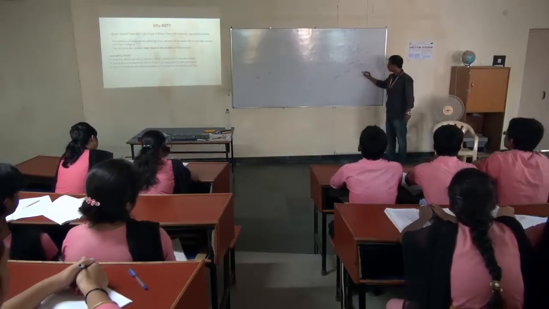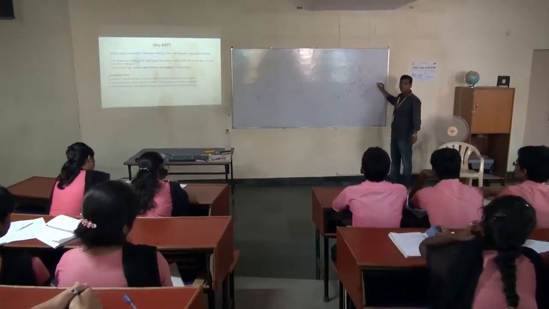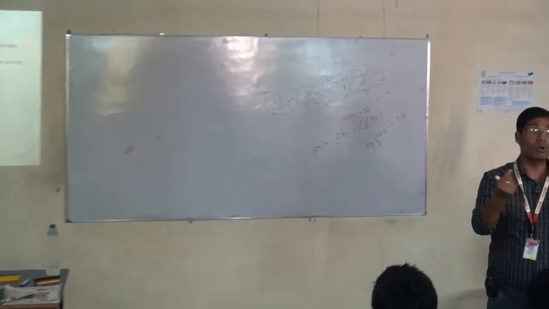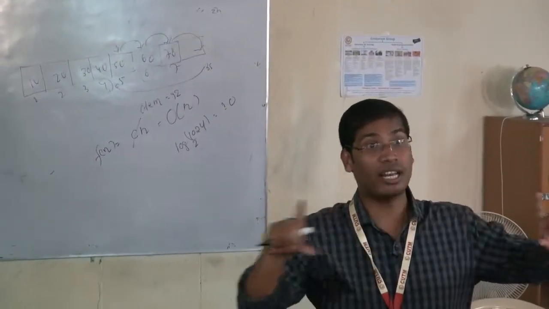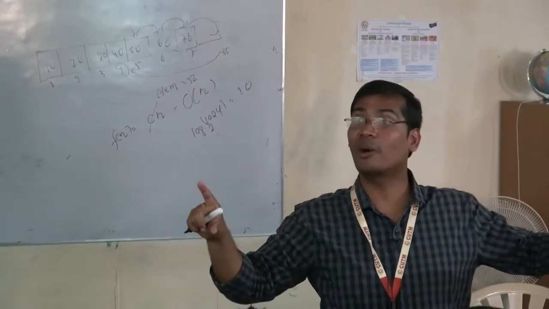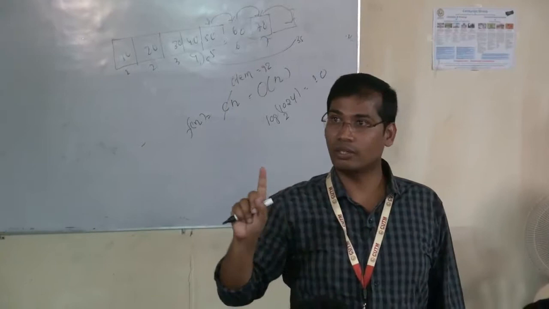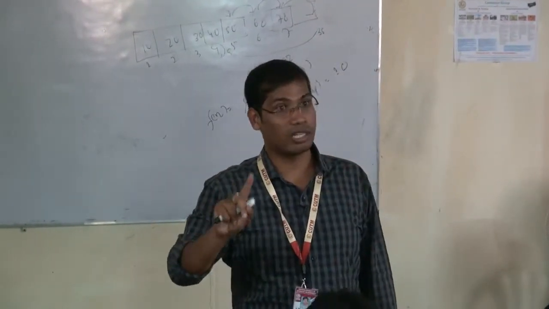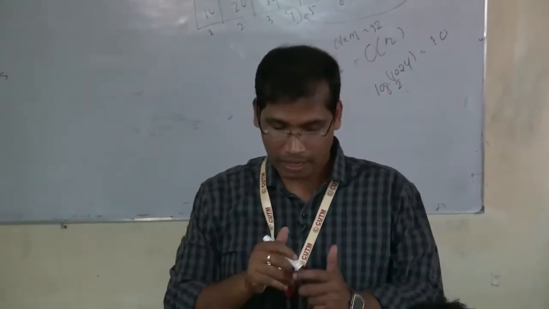Log of 1024 base 2. What is that? Ten comparisons are sufficient to know whether your element is there in the list or not. But in an unsorted array, how many comparisons? 1024 comparisons are required. So do you confirm that BST search operation is good? Not only search, insertion is also the same. Agree?